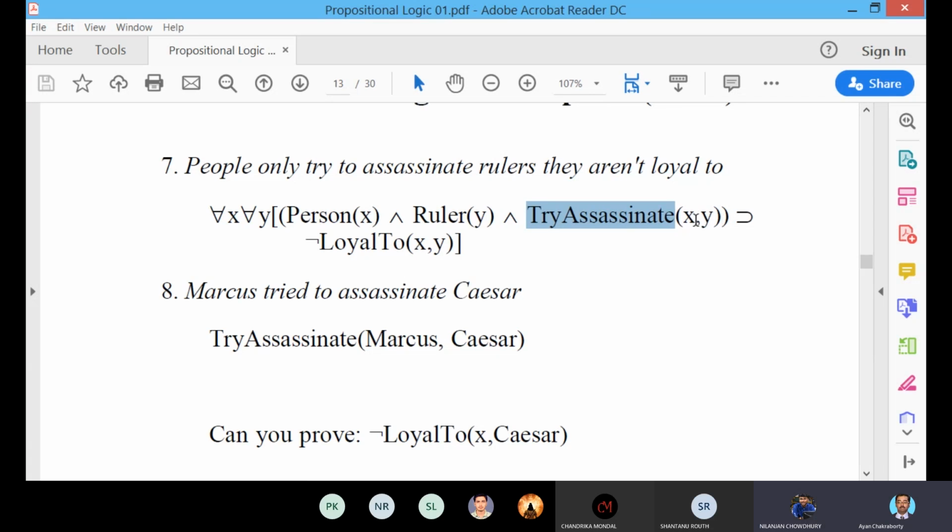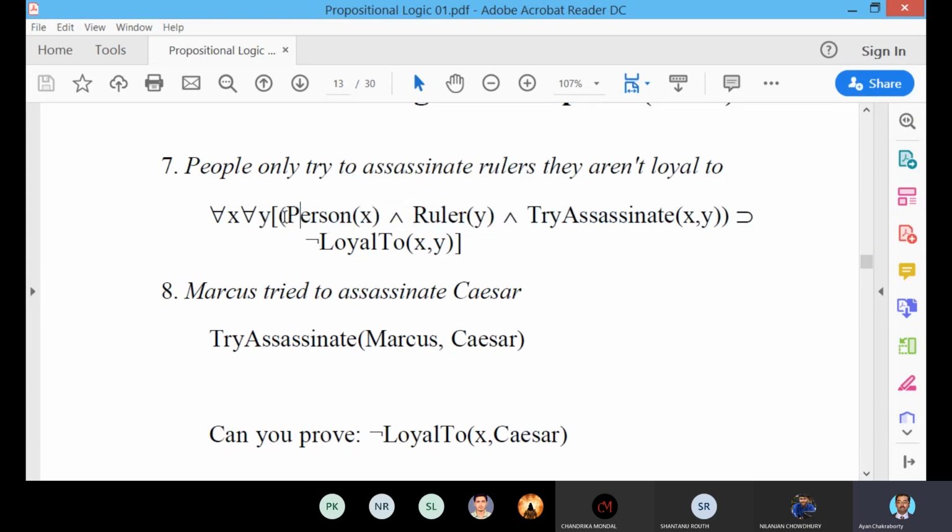So X try to assassinate Y. Person X is a reference to the person and Y is the reference to the ruler. So person X and ruler Y and try to assassinate XY. That is the first WFF we have created.